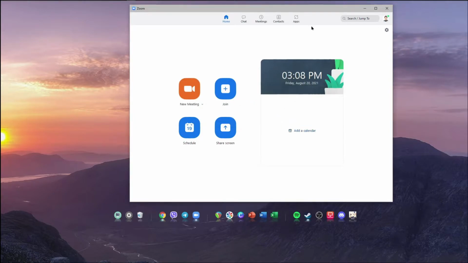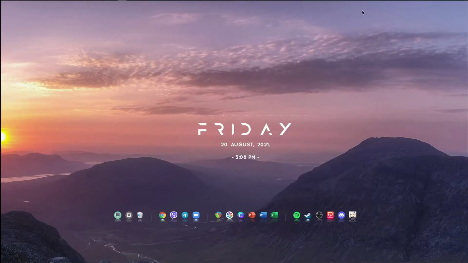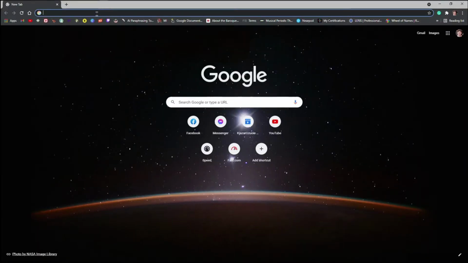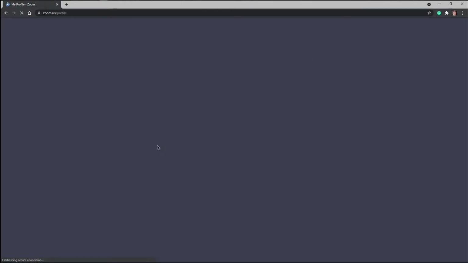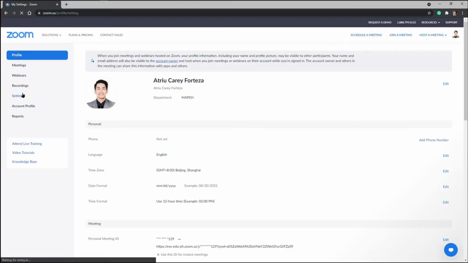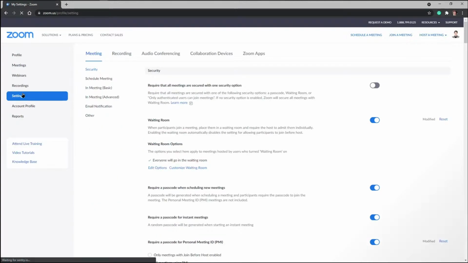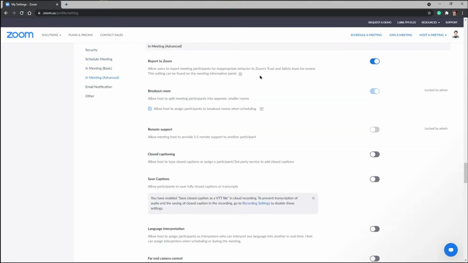Now, to proceed to the focus mode, what you have to do is you can go to zoom.us. Of course, you need to log in your account. Siyempre ako naka-log in na, so just click that one. And then go to settings. After going to settings, makikita nyo dito yung sub-things na kailangan nyo makita. Okay, so in meeting, advanced, just click that one at makikita nyo dito, scroll down,